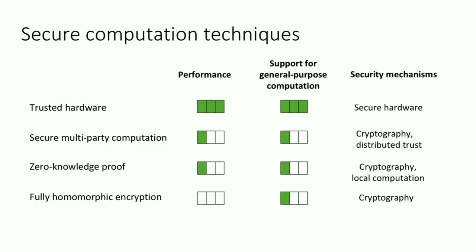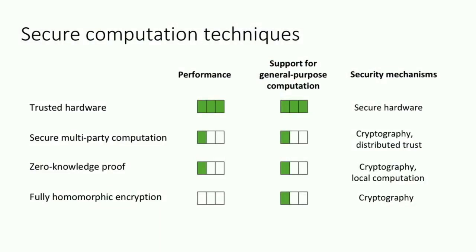The first one is secure hardware. The advantage of secure hardware is that it's highly performant. Its performance is close to native computation, and it can support general purpose computation. The other type of approach is crypto-based techniques, such as secure multi-party computation and fully homomorphic encryption and so on. The challenge for this type of approach is that the performance overhead can be very high. Oftentimes, it's orders of magnitude higher than native computation,